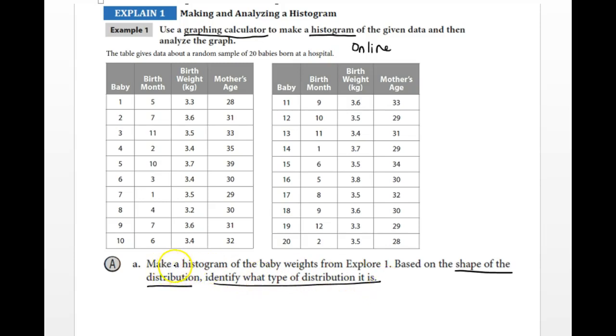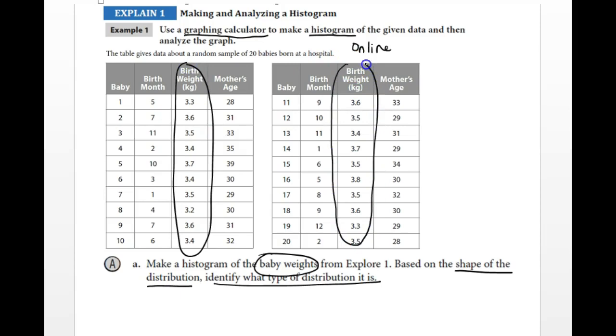Alright, so first of all they say make a histogram of the baby weights from Explore 1. So we have a bunch of data, but they just want to know about the baby weights. So I'm going to circle this and this. And this is the data I'm going to use. There's about, by the way, 20